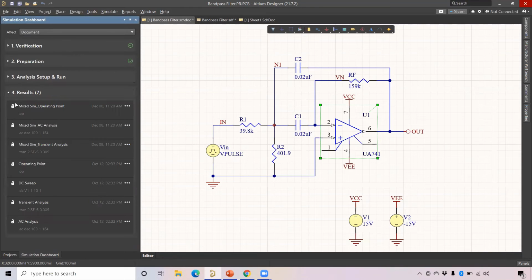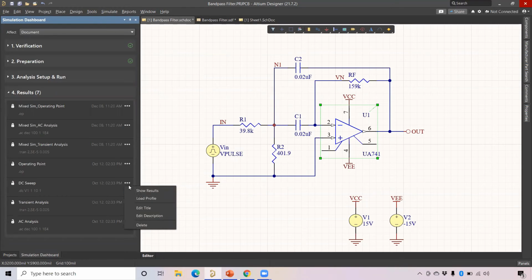When you click on results, you see some results are locked. Lock means this data will already be there. If you run the simulation, it will not be affected. It will still be there. The new results will be loaded separately. So you can lock your results. If you don't want to, you can add it to your profile.